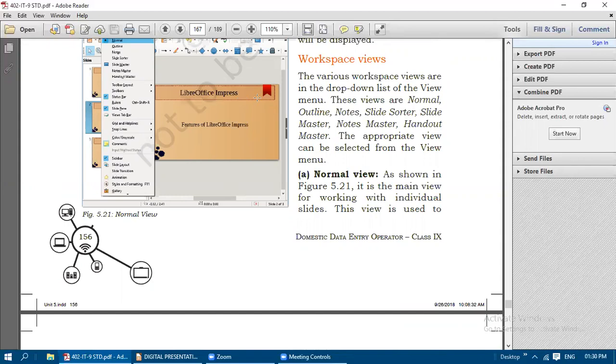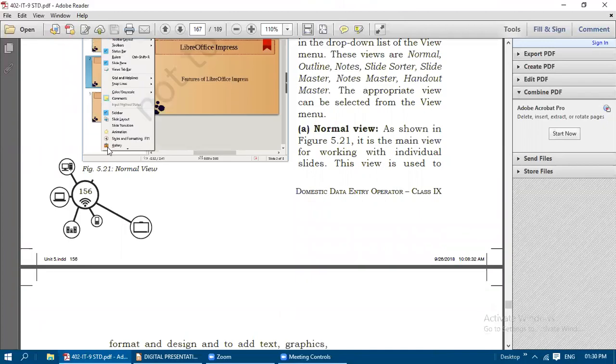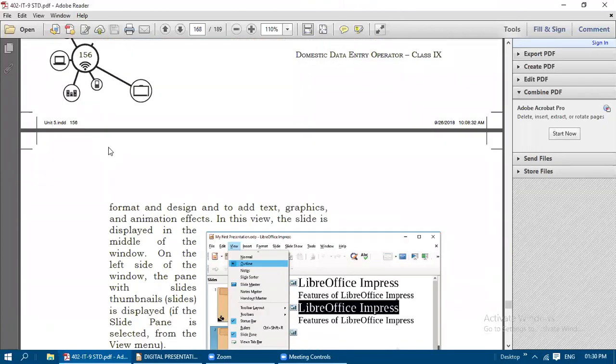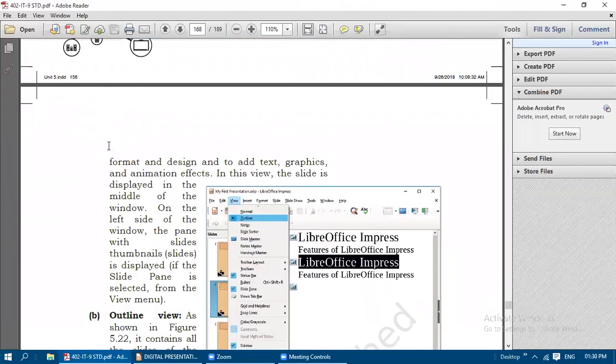Okay. If you look at figure 5.21, in the normal view, the slide we are working on will be displayed in the middle of the window, and on the left side you have the slide pane. If you want to get the slide pane also, we need to go to the view menu only. We need to enable the slide pane option in the view menu. So on the left side of the window, the pane with slides,